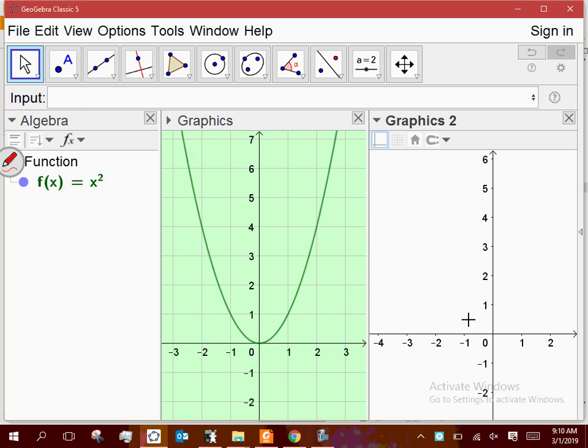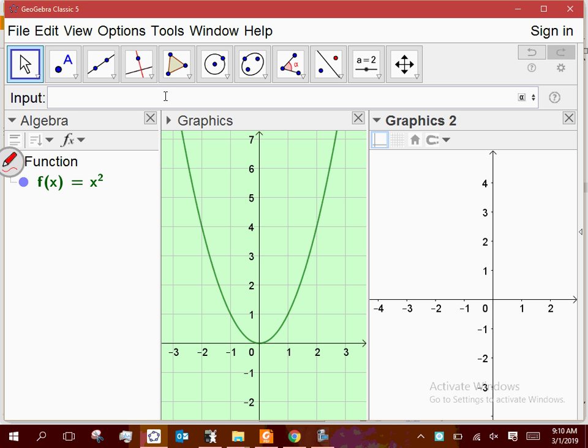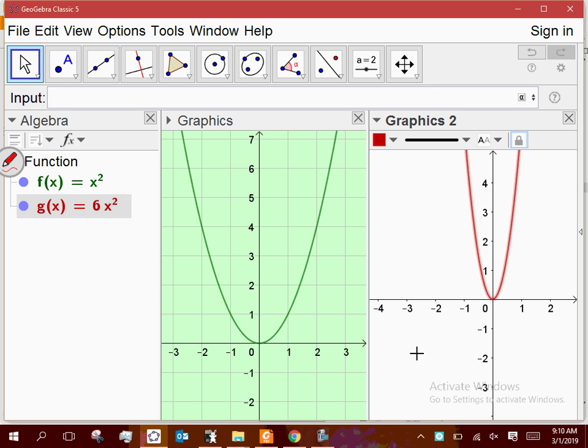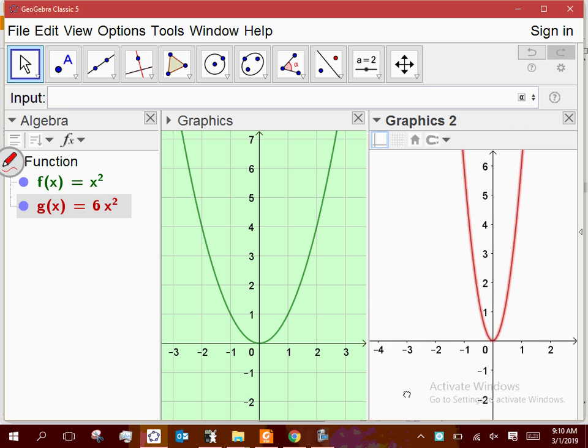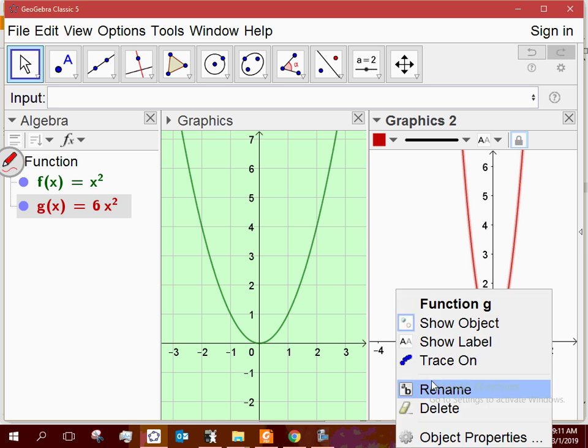Okay, and over here in the white, I'm going to graph something completely different. I'm going to graph 6x squared. Now because the scale of the axes here is identical, you can tell that there's a discrepancy between the curves, correct? But when I mess with the scale,